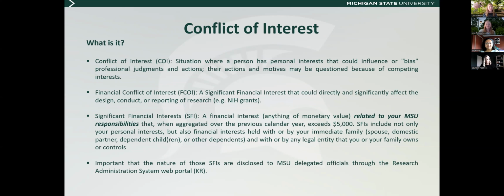Okay, so just very generally, a conflict of interest, I'm sure we all know this, is where a person may have a personal interest that could influence or bias their professional judgment. And so their actions and motives may be called into question because of these competing interests. And financial conflict of interest obviously involves a financial interest that could affect your design, conduct, or reporting of your